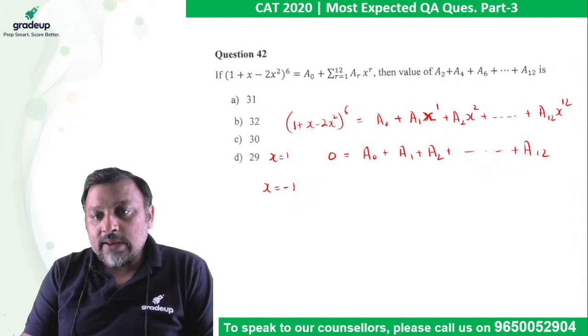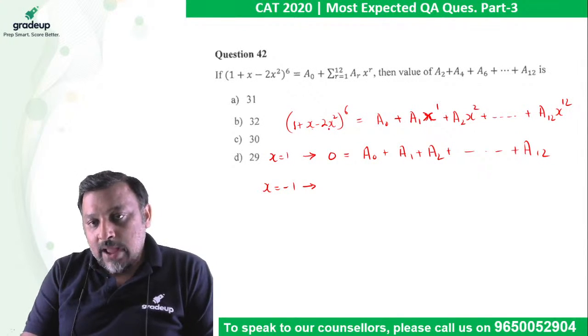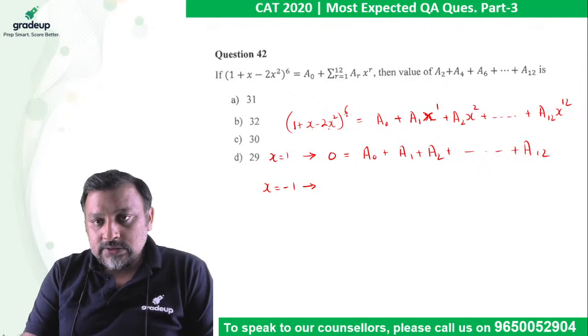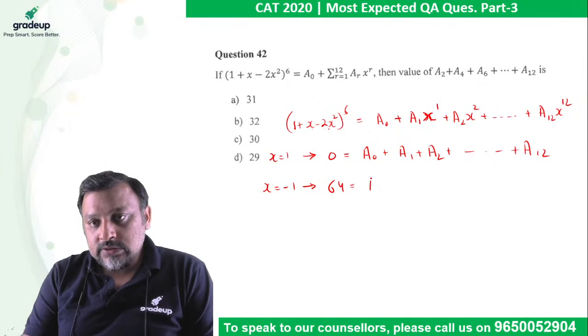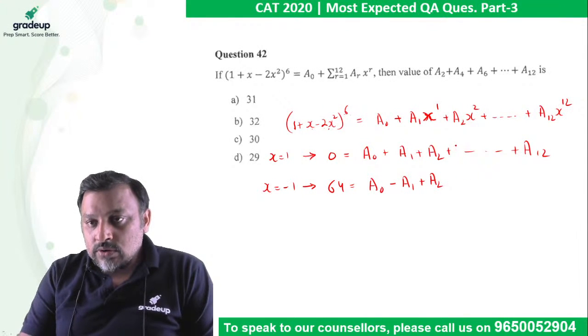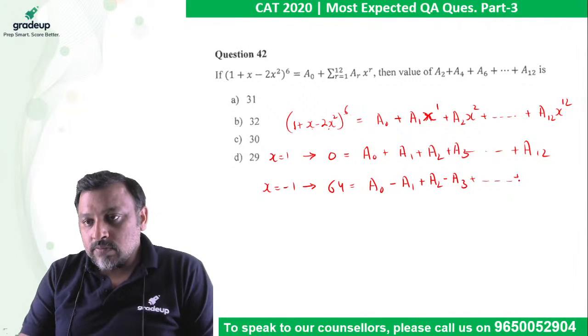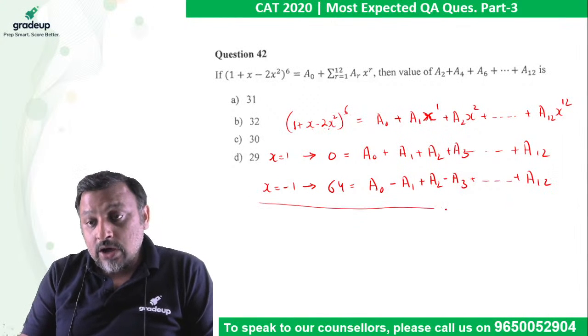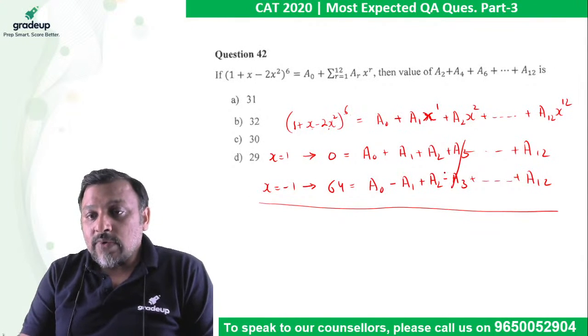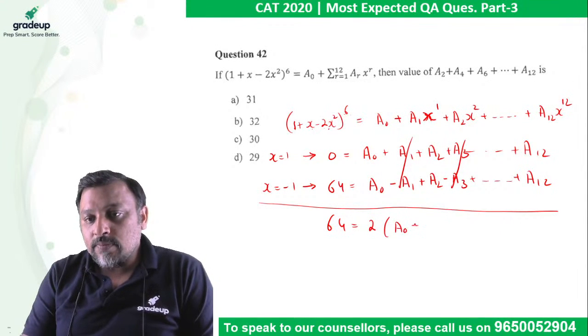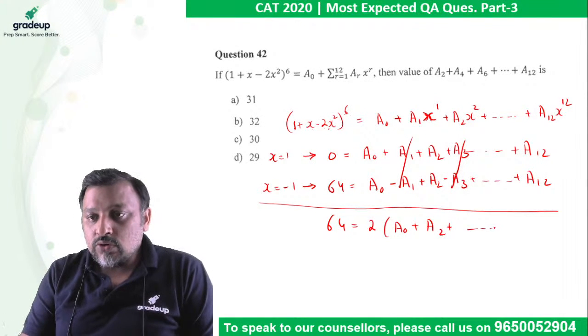If I put x equal to minus 1, then what you'll get is (-2) raised to the power 6, which is 64, which is a0 - a1 + a2 - a3 and so on plus a12. So now you just need to add these two. These values will cancel out. So what you'll get is 64 equals 2 times (a0 + a2 and so on till